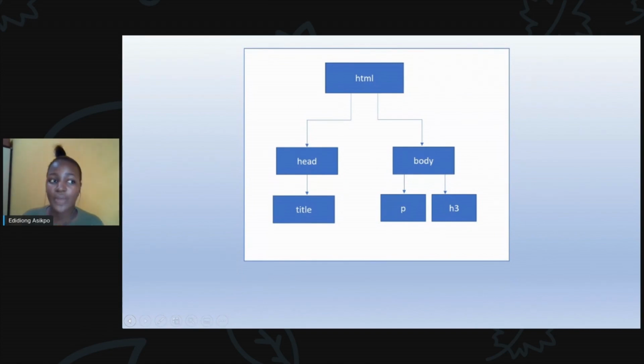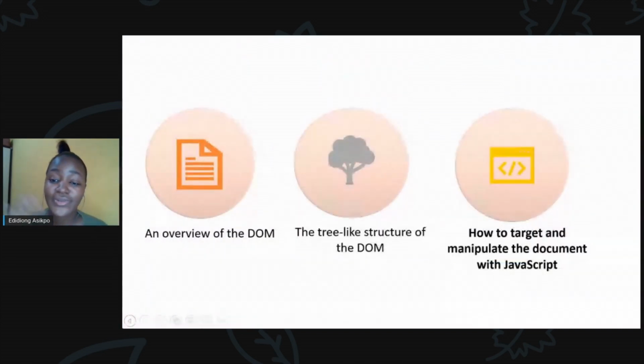That's pretty much how we convert HTML into a tree-like structure so that you can easily access it with the document object. So now that we've covered an overview of what the DOM is, just a quick recap. The DOM is a set of APIs that help you manipulate and increase interaction with your website. It turns an HTML document into a tree-like structure so that you can easily access different